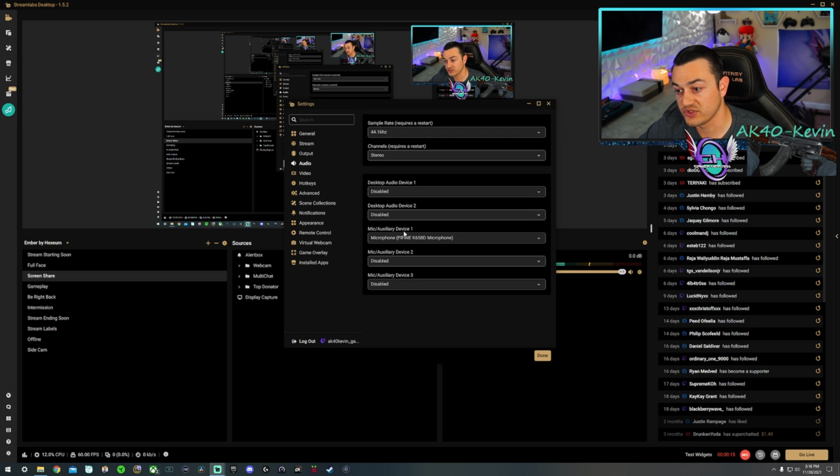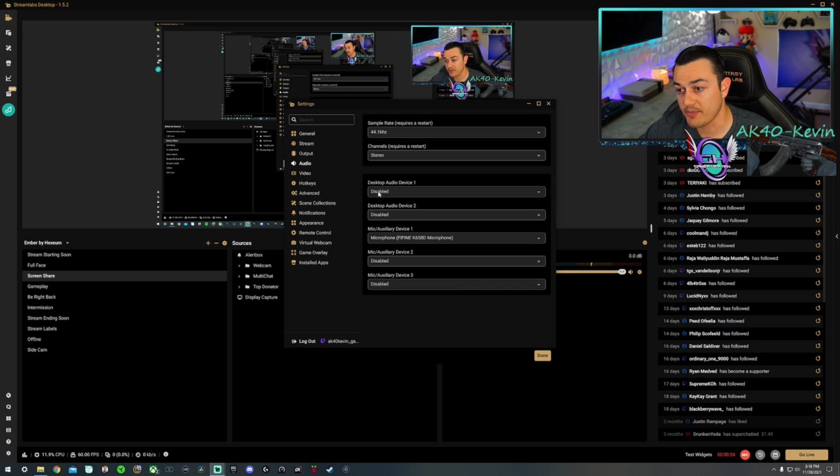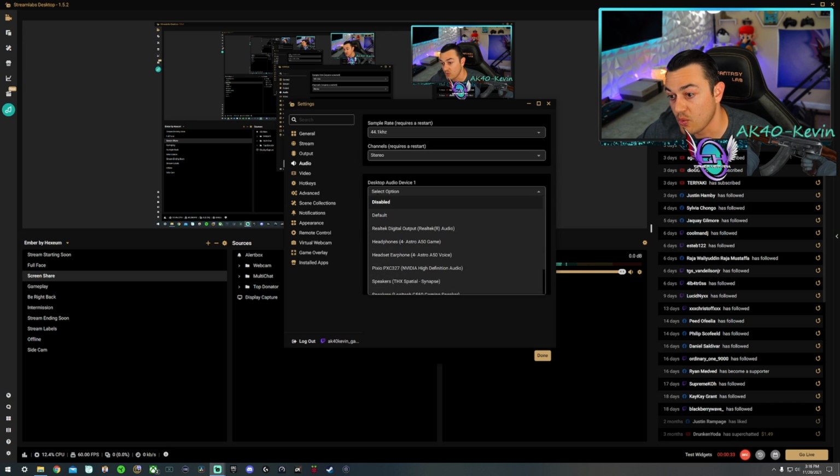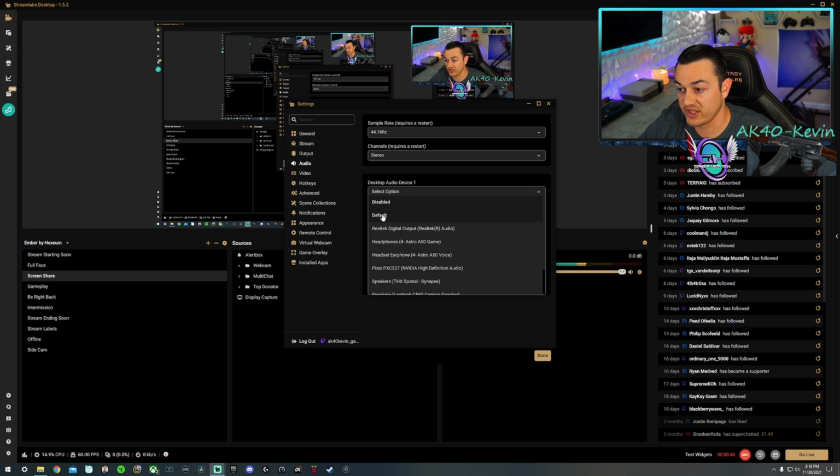Then in microphone/auxiliary, you are going to select the name of the microphone, which we have covered is the Fifine. And then I have desktop audio disabled because I generally use my XLR mixer, which handles desktop sound as well. However, if you are using a USB microphone, which we are currently now, you are going to come over here and select default, and that will use whatever output for your Windows PC, which if we select it right now,